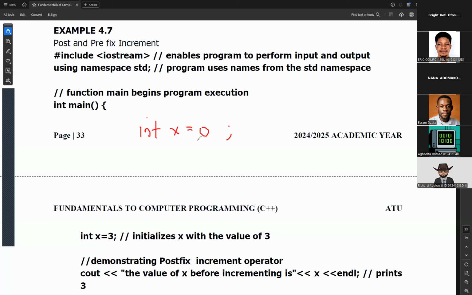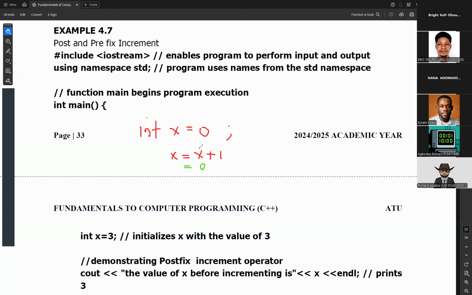I want to increase the value of x, like increment. I'll say x is equal to x plus 1. Now this x is equal to x plus 1 simply means that